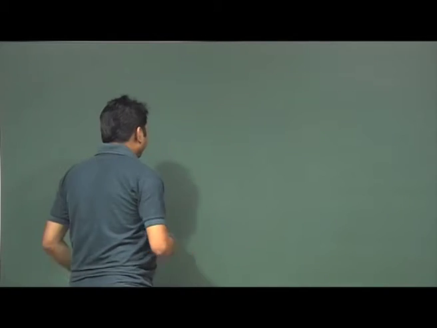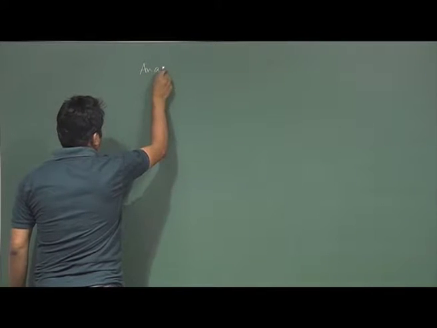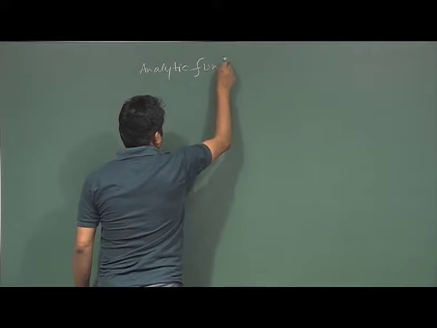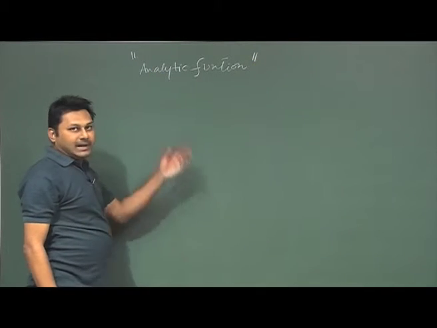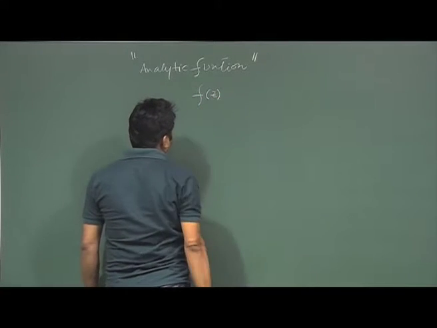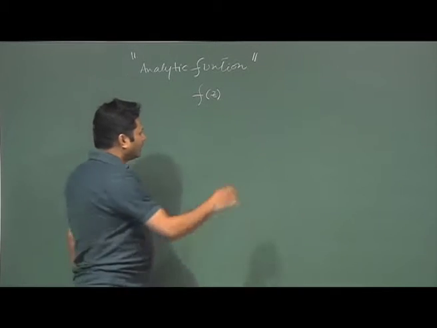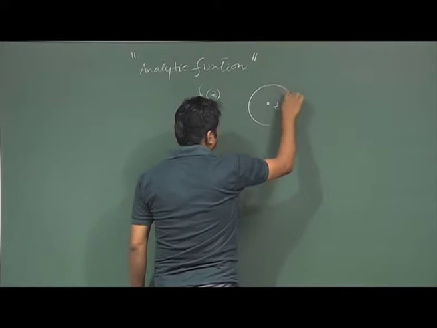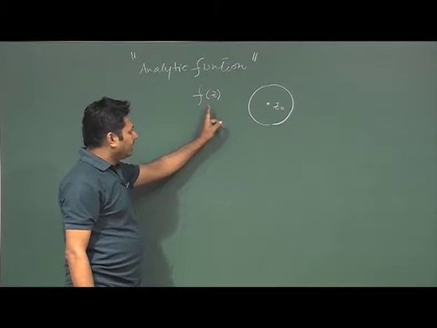So, in the previous class we started a very important concept of complex analysis which is called the analytic function. Analytic function is some function f(z), as I mentioned last day, that it should have a derivative at some point say z0 and also in some neighborhood of z0 like this. Now, f(z) can be such a function.